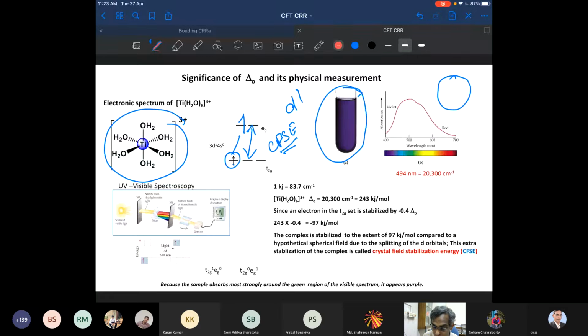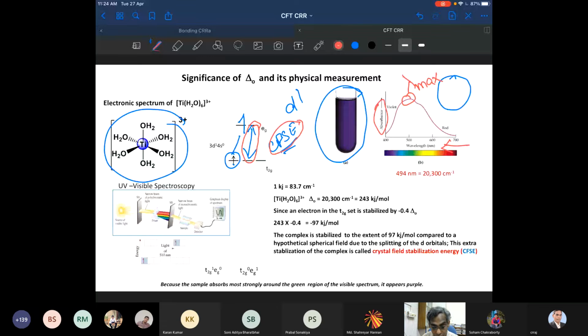Here is the wavelength and here is the absorbance. Those who are in section 1, I will be taking your first year lab, where I will explain one experiment related to this measurement. What we have is the wavelength versus absorbance. Here is your lambda max, the wavelength at which it gives the maximum absorbance. That is basically coming from this energy, the crystal field stabilization energy. If I want to find the lambda max, the wavelength at which it gives the maximum absorbance, it is directly coming from the energy gap between your t2g and eg orbitals.